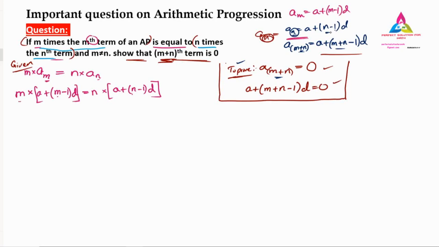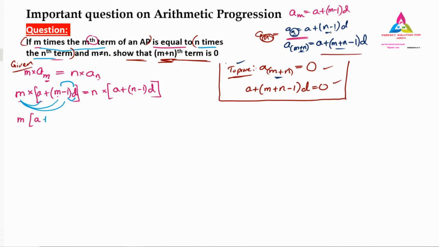This m have to multiply. See this m, what we have, that have to multiply for everything. A also, m also, minus 1d also, like this way. We have to multiply everywhere. So I will multiply that. So one more step I will write down, because directly if I write, some of you will not understand. So a as it is, this, see this d also we have on the inside, that d also have to multiply for this m also, and minus 1 also, because it is also a bracket.